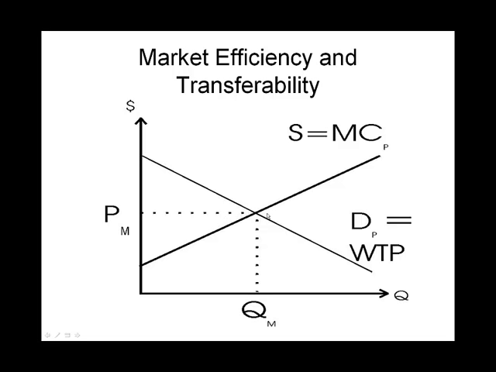Notice that we don't transfer beyond the point where the market equilibrium is, because the costs to the producer are greater than the benefits to the consumers for any units past QM. All right. The next